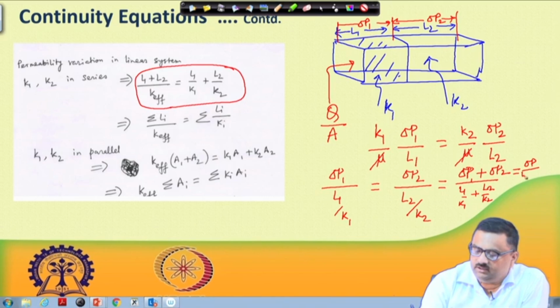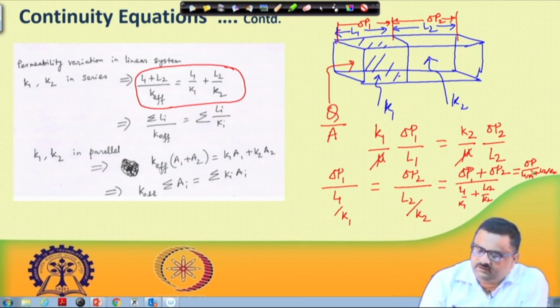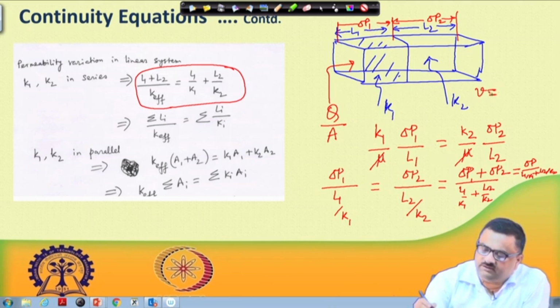So, the velocity through these, we are finding this velocity to be the superficial velocity or Darcy velocity, that is equal to delta P divided by